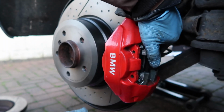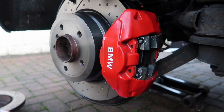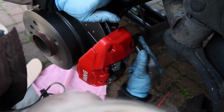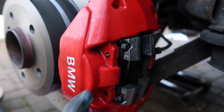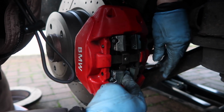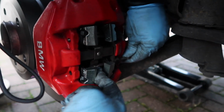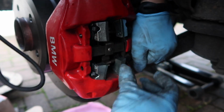You might have to move around the caliper, and once you see it out through here, you'll see it coming through this side. So once you see it come out, that's enough. So now the plate is in place. We've put partially the bottom pin in to make sure the plate is behind the pin. I'm just pushing it down here, and then you might need to do a bit of force and push the